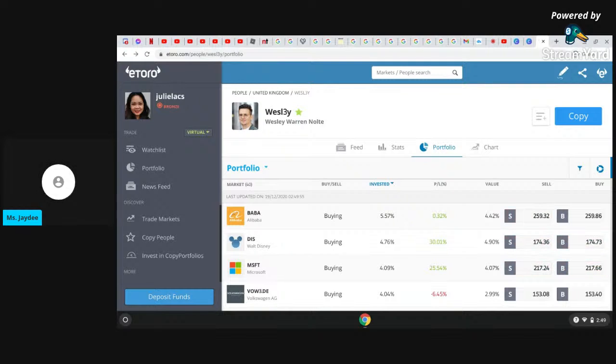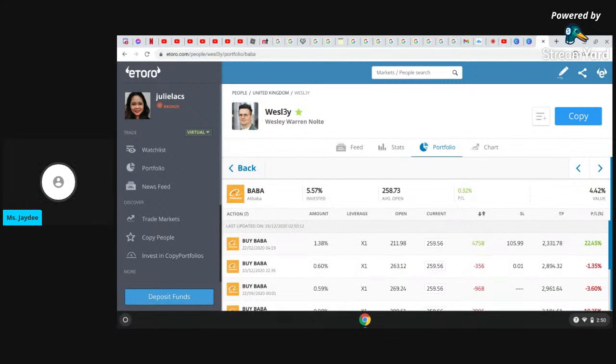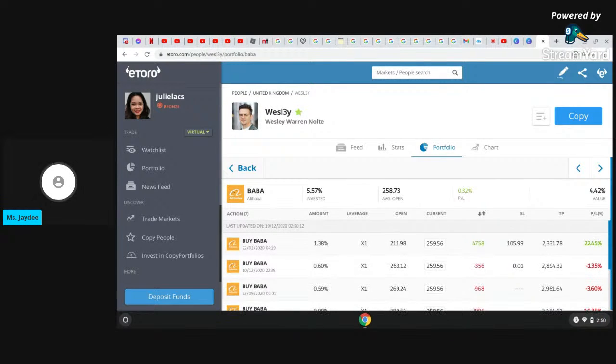What I'd be interested in are two things, particularly, for instance, this one. He's only 0.32% up after he added. So I will go ahead and deep dive into some of these and find out his positions. And then what I would do next is